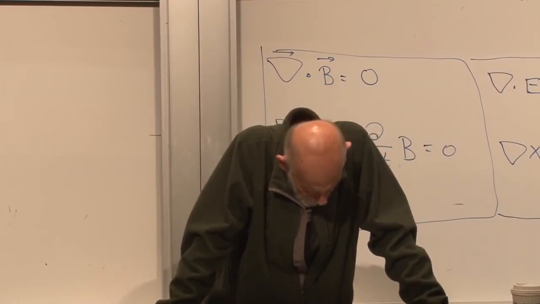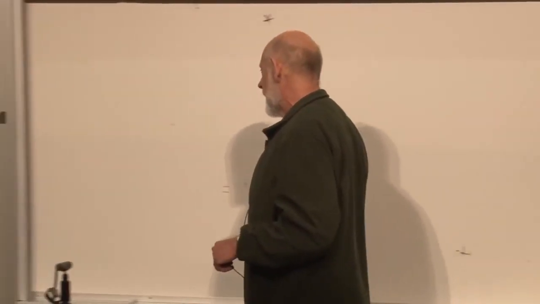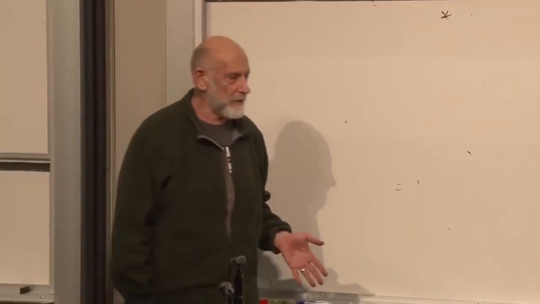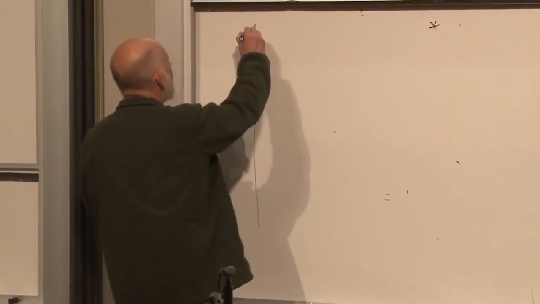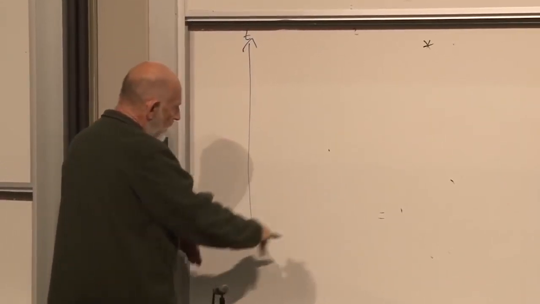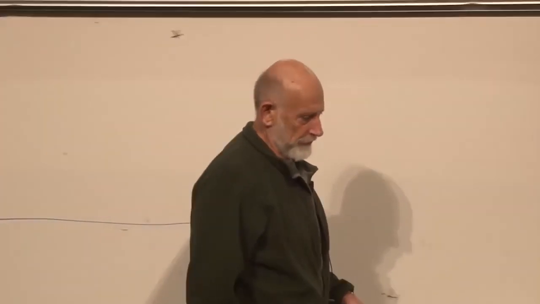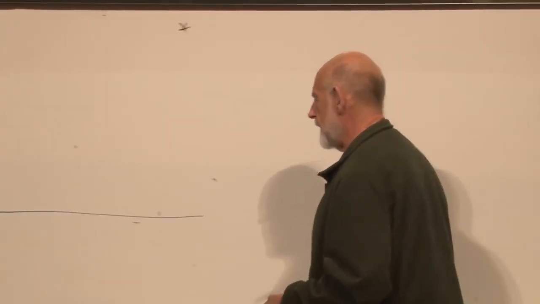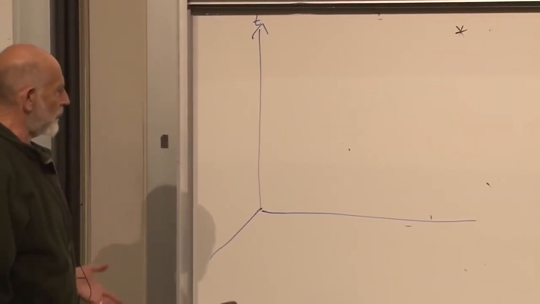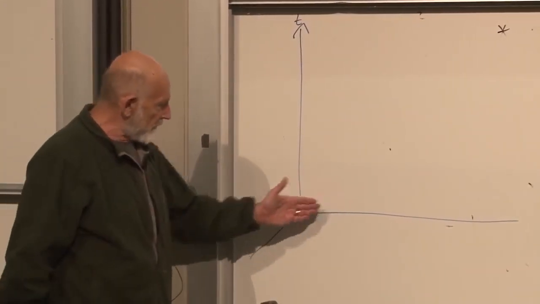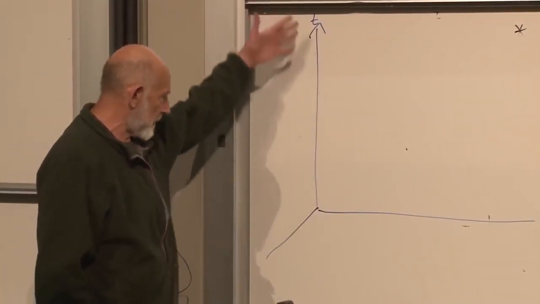Charge density and current density, what are they? So let me explain exactly what they are. First of all, charge density is exactly what it sounds like. You take a region of space, and I'm going to draw some pictures. Here is time, and the other 2 directions are space. Now the problem here is, of course, there are 3 directions of space, and I'm not going to try to draw four-dimensional space-time on the blackboard. So we'll have to imagine that these two directions are stand-ins for 3 dimensions of space